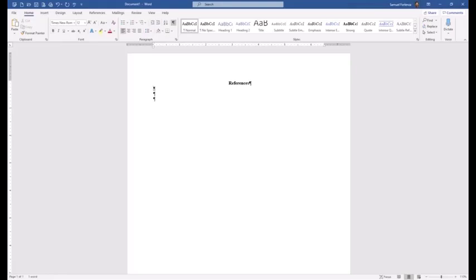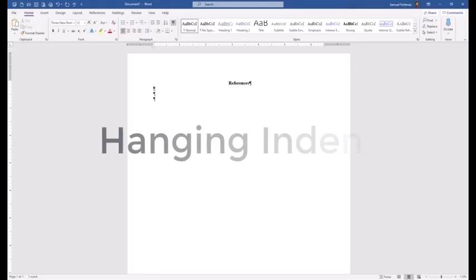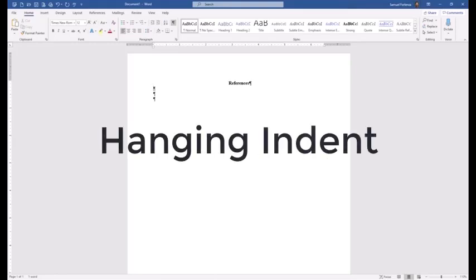You do not want extra or blank lines on the page. The entire reference list is double spaced, just like the rest of your paper. You also need to use a hanging indent. If you're not familiar with that term, a hanging indent refers to the indentation of lines after the first line in a paragraph. There's a couple of ways to do this, but I think the easiest way is to start